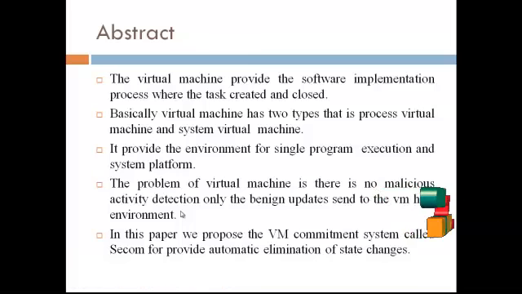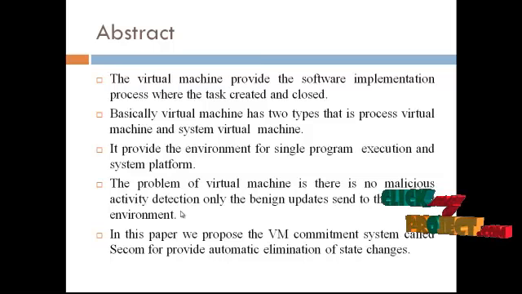The virtual machine provides the software implementation process where the task is created and closed. Basically, a virtual machine has two types, that is process virtual machine and system virtual machine. It provides the environment for single program execution and system platform. The problem of virtual machine is that there is no malicious activity detection, only the engine updates sent to the